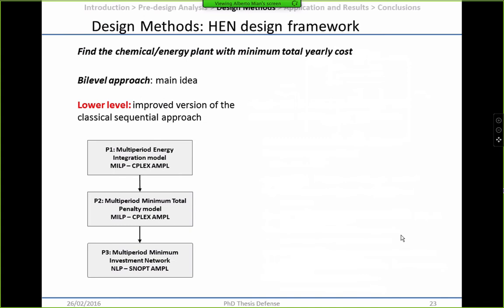This will give the connection between hot and cold streams. So this will just give the basic superstructure that I previously showed. Later on, by applying the third step, which is a nonlinear problem, I determine the optimal